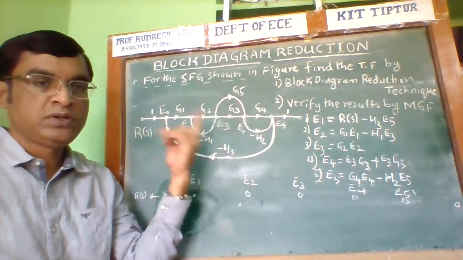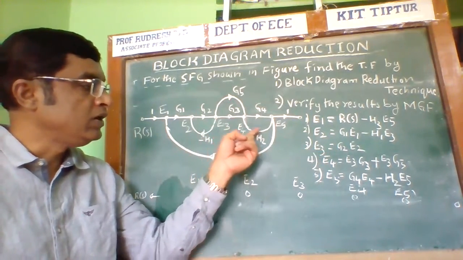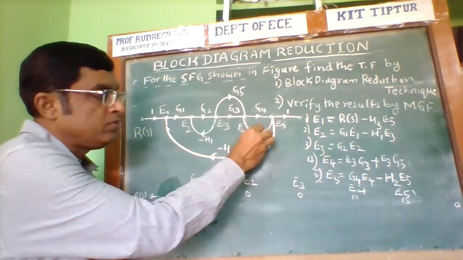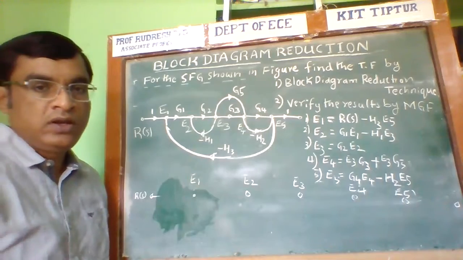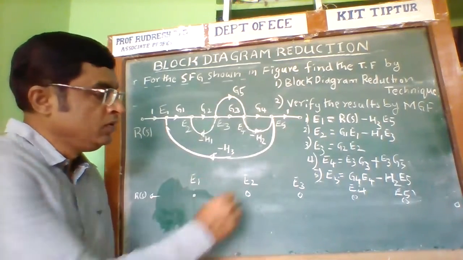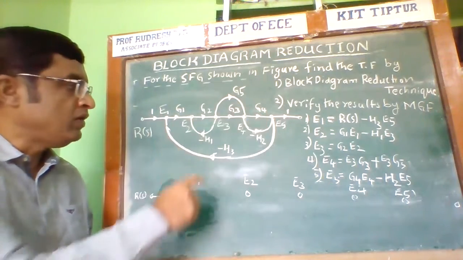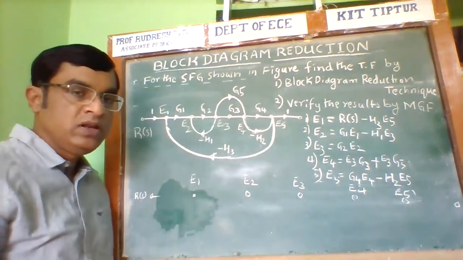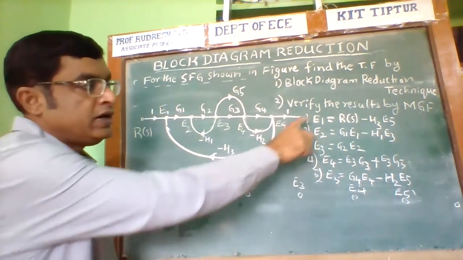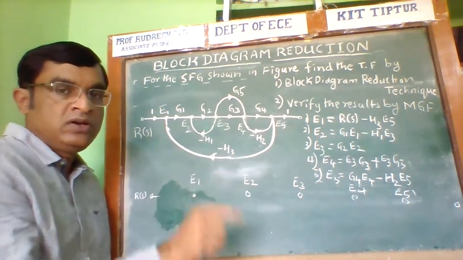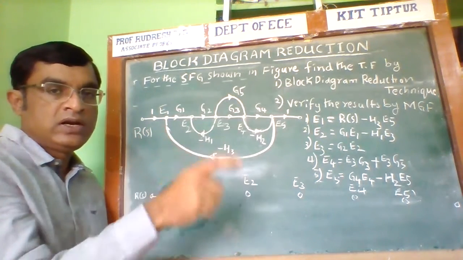Just for confusion purposes, in the model question paper they have taken this direction as minus. In a standard problem the direction would usually be this way. We take it as given, so we have to work it out with minus H2. Therefore E5 is equal to the value of the incoming signals. While writing the equation at this particular node, we need to consider only the incoming branches and write the equations.